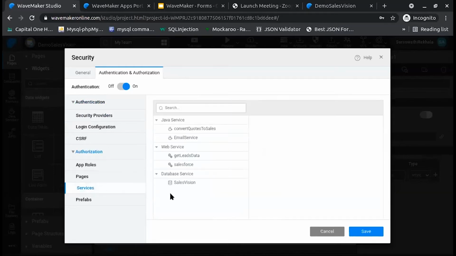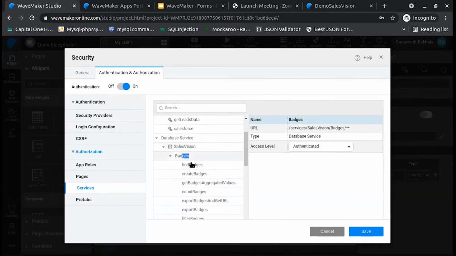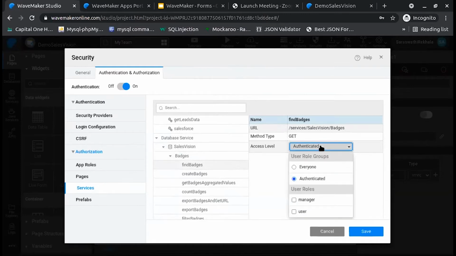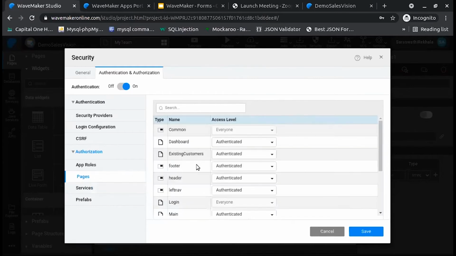We also want to safeguard our APIs behind the firewall, right? All the services used while building this app will be displayed here, so you can secure them here. This is not limited to the database. You can secure a single API by applying these access levels. This is not only applied to services; you can even secure your pages.